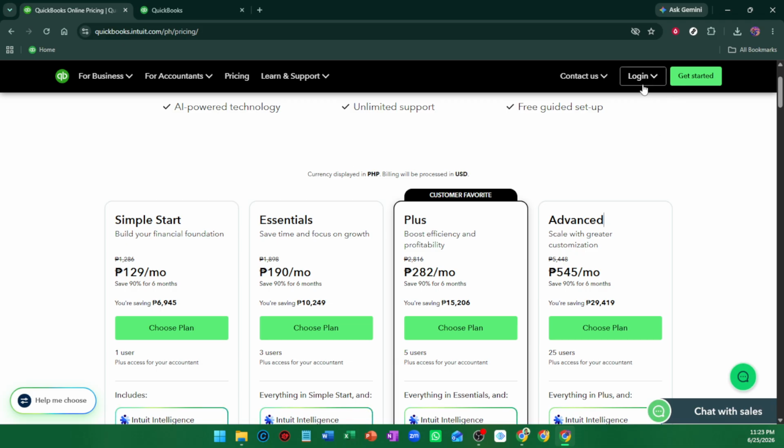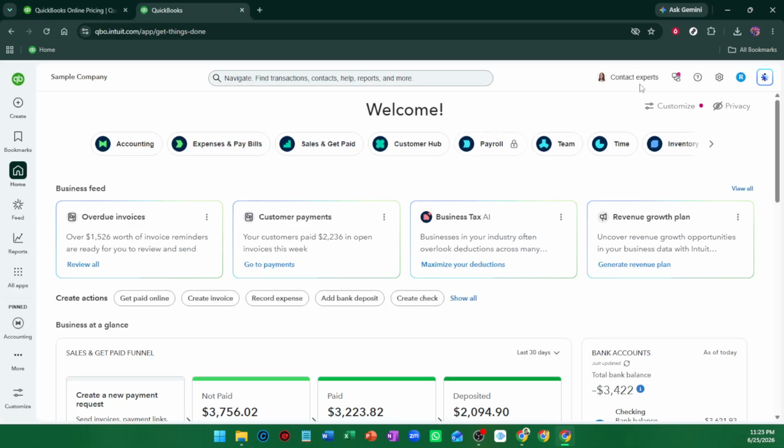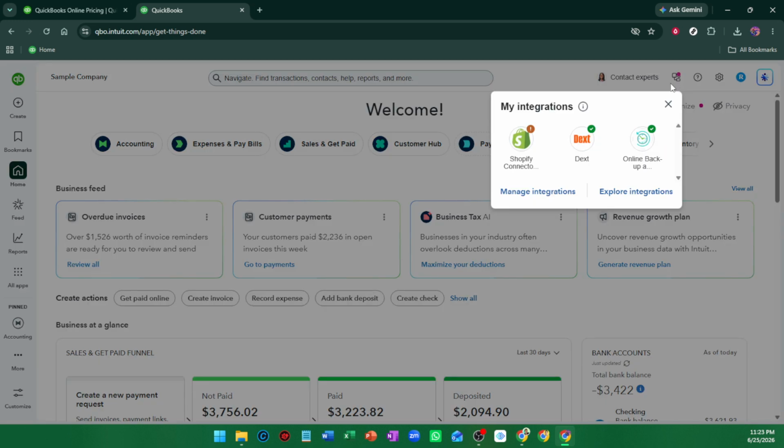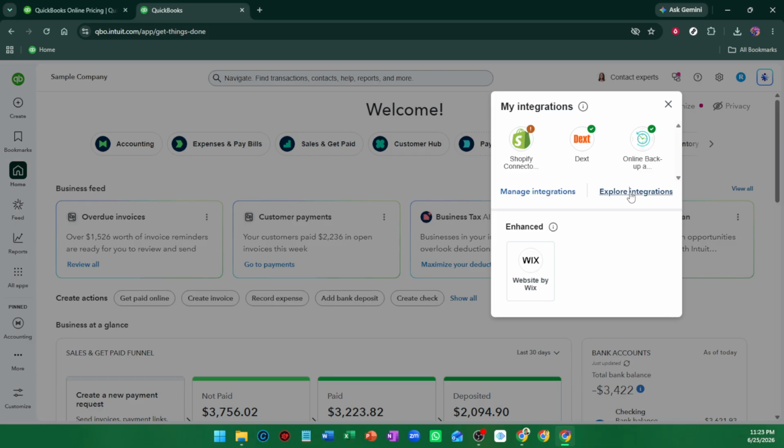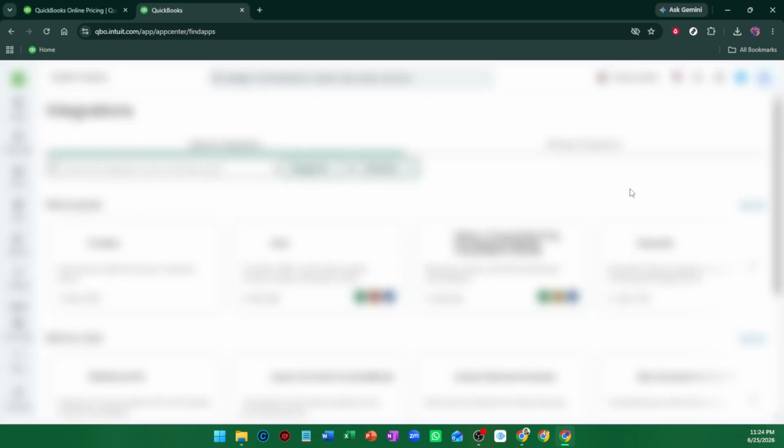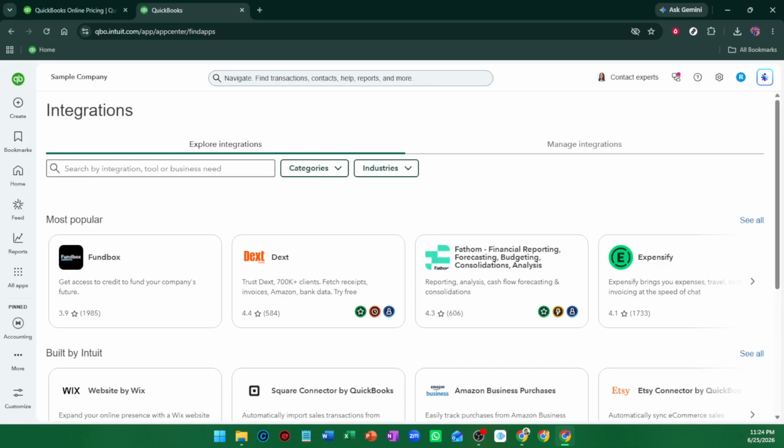Start by going to QuickBooks Online and signing into your account. Once you're in the main dashboard, look for the integration section. This is where QuickBooks lets you discover and manage connected apps and services that work with your account. After you click Integrations, choose Explore Integrations. This will open the App Marketplace area inside QuickBooks where you can search for tools that connect with your bookkeeping